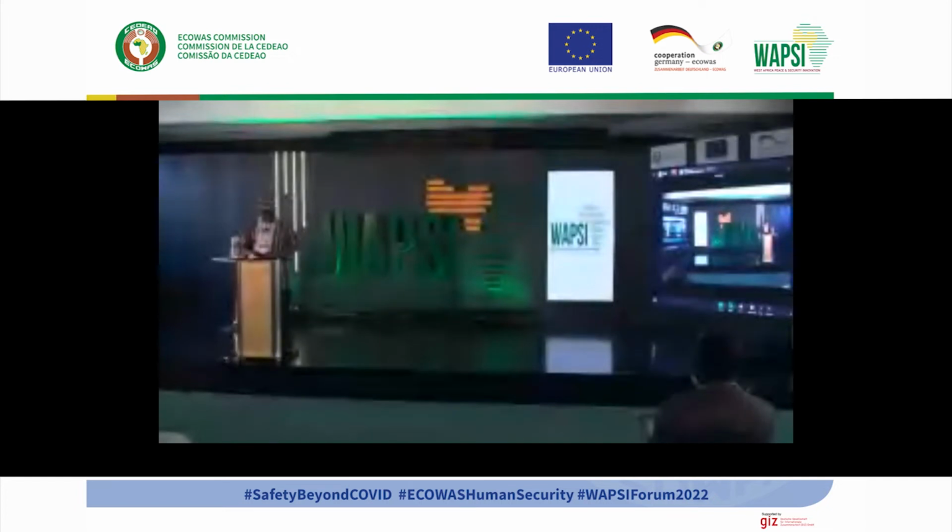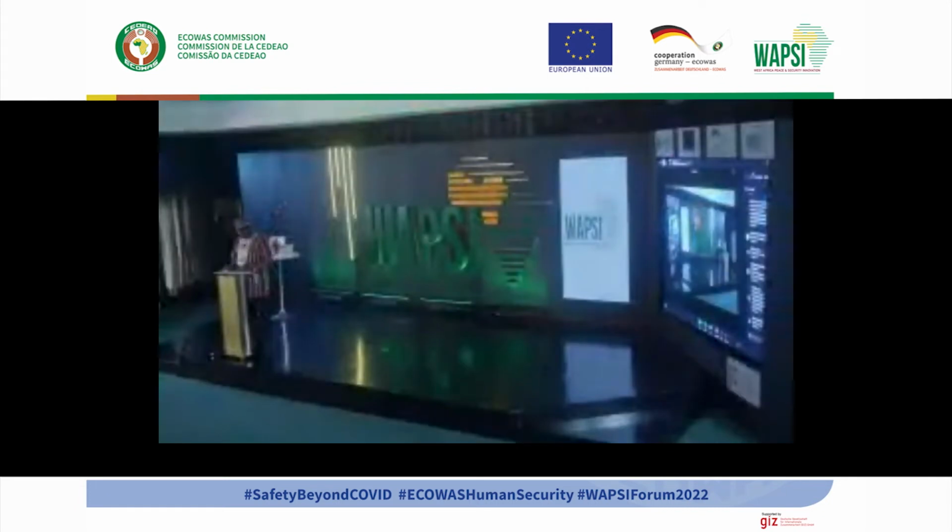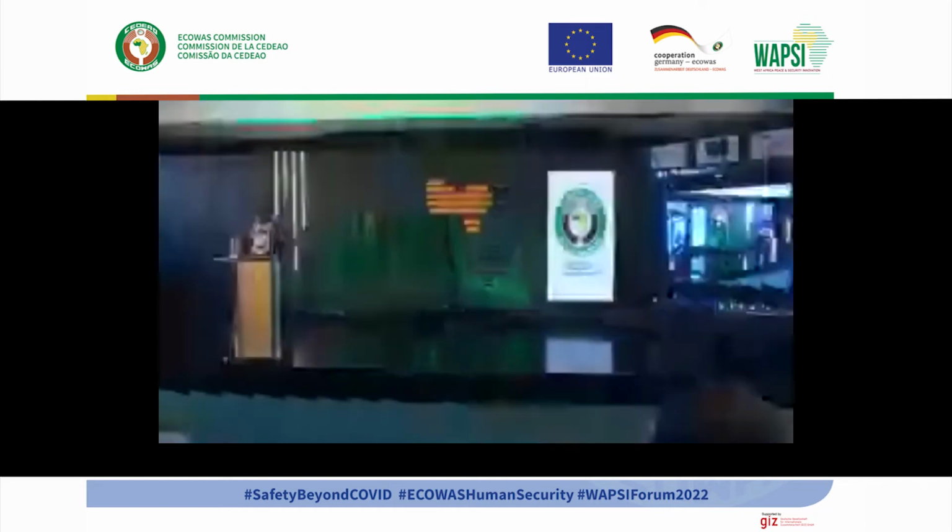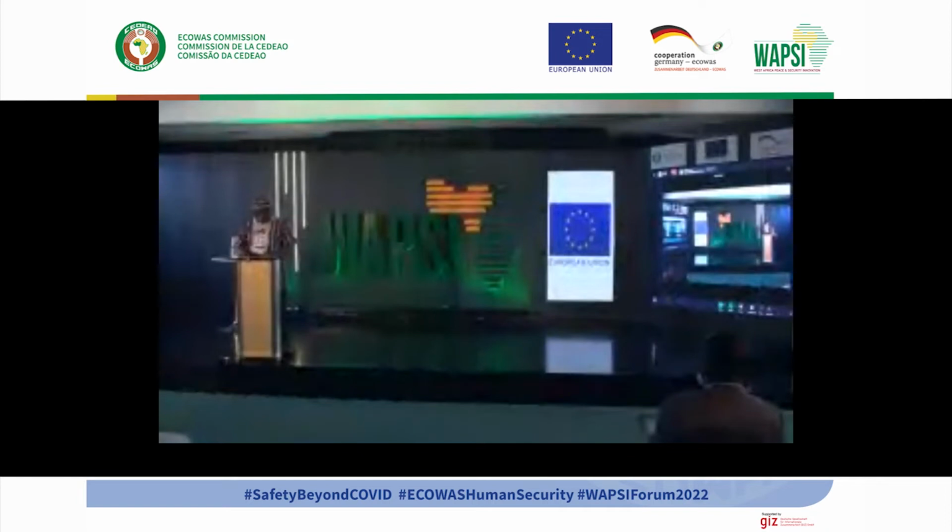Back to Kassi Brou, he was confident that the objectives of the forum, if met, can help us get to the root causes of tensions and conflict in our region. He also said that stakeholders will be aided in the task of responding more effectively to the emerging threats to peace and security in the region, taking into consideration gender concerns and the welfare of our region's most vulnerable groups. Following his submission, then came a number of goodwill messages from the ECOWAS partners, including the German embassy,